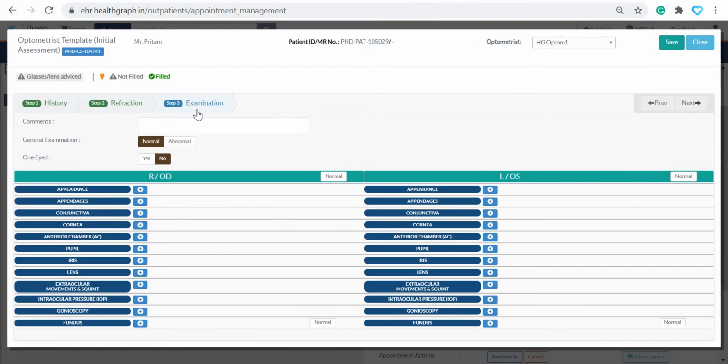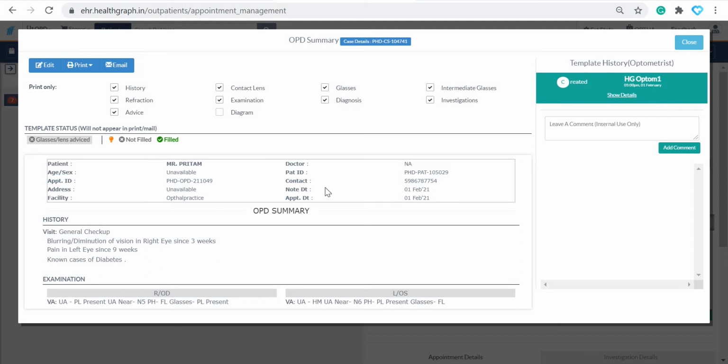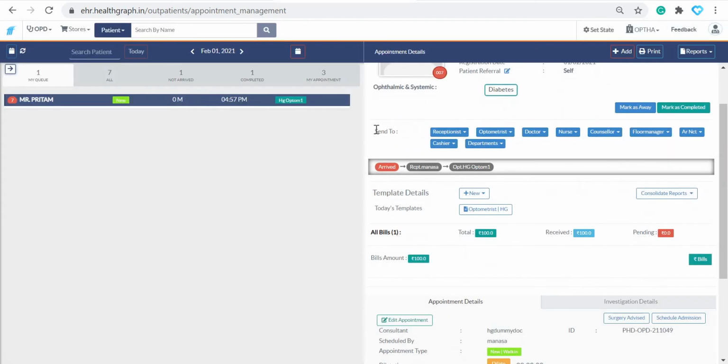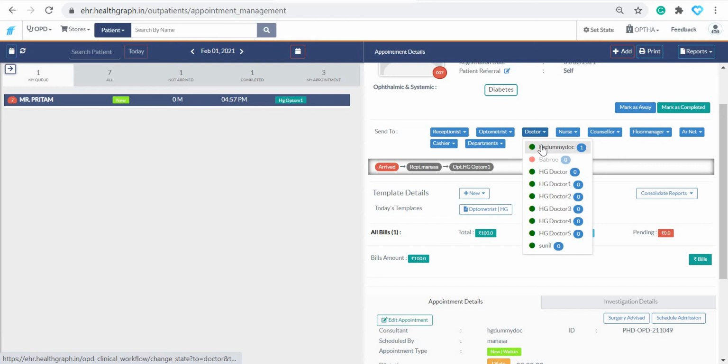Then you move to examinations. The optometrist is also allowed to do examination in this software; we have given that option. If you are allowed to, you can do it, else you can just click save summary, and the summary preview will be shown to you like this. Whatever information you have captured will be shown in this way. Once the optometrist workup is done, they can send the patient to the next user. You can send the patient digitally here and then tell the patient orally to visit the next doctor, or you can mention the room number.